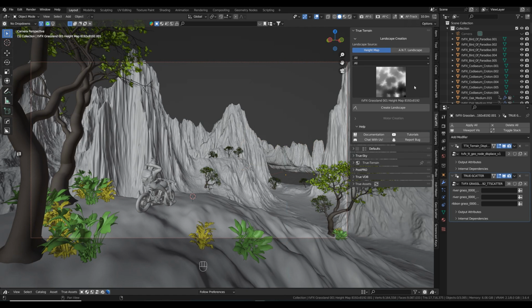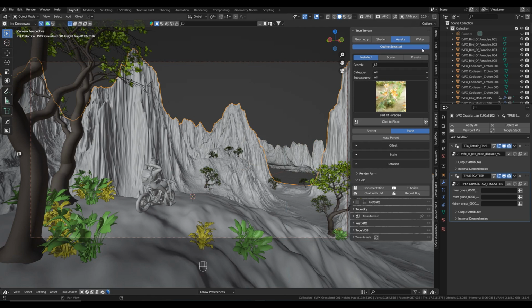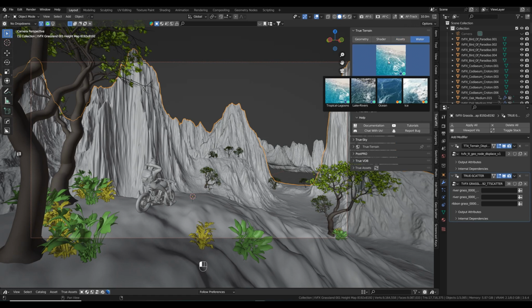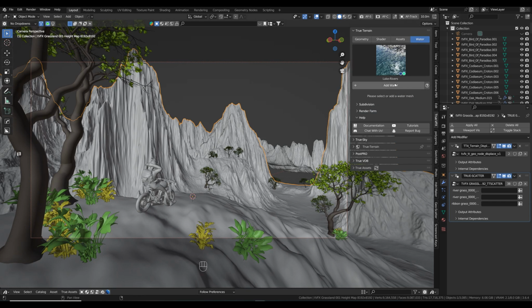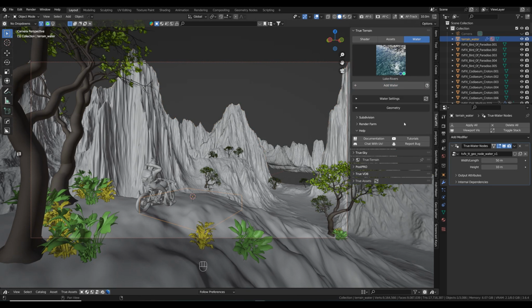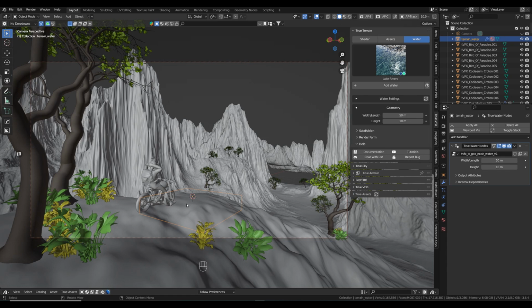make that so, and what we're going to do is bring in some water. Let's do the tropical lagoons, or I don't know which level you have, so let's take lake waters, add a water, and that's new as well. We now don't scale it and apply the scale, we've got a geometry as well. So let's do this like 1,000 meters,